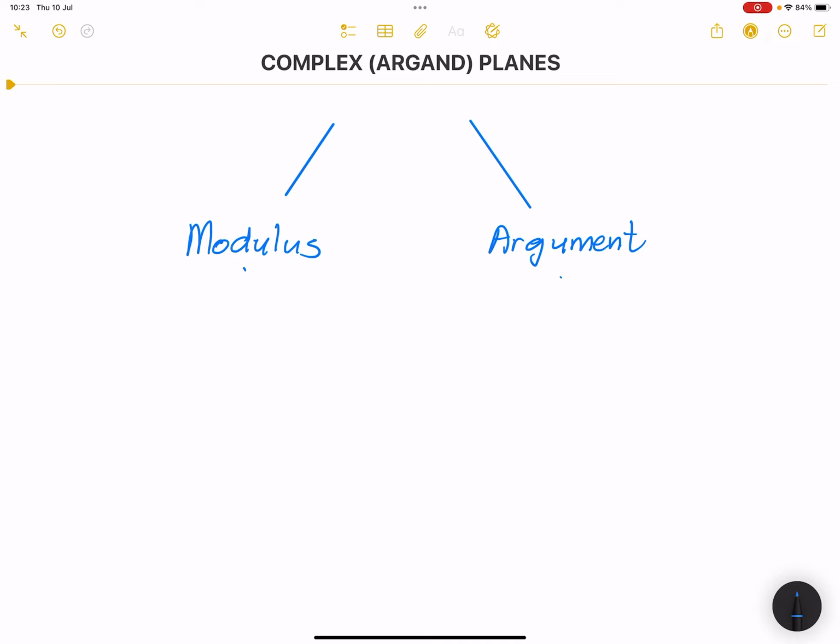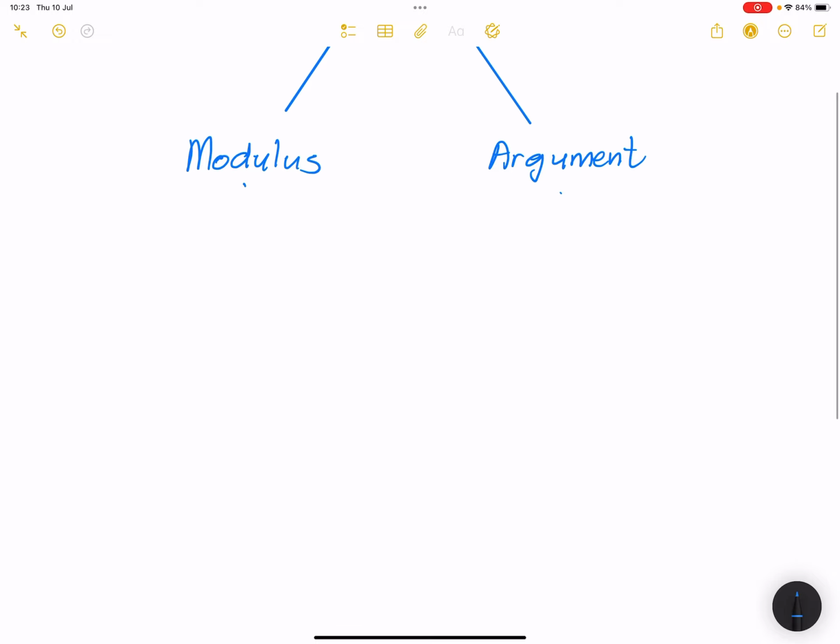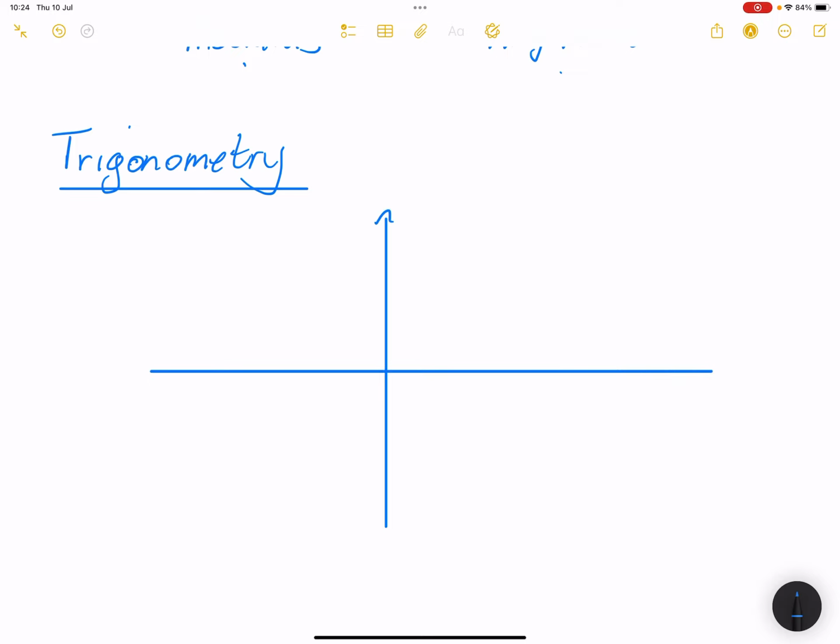All right, so firstly, when we talk about Argand planes, you're going to need to remember a little bit of trigonometry. We're going to refer to just a bit of trigonometry, but please don't worry. I will take you through everything that you need to know. Argand planes are a way of representing complex numbers in graph form. So if you think about a Cartesian plane where the x-axis represents the real axis,